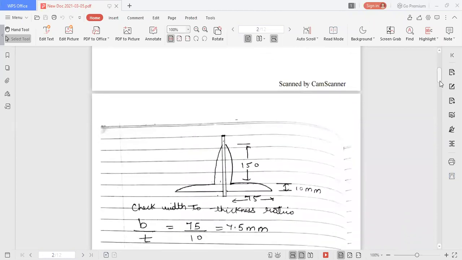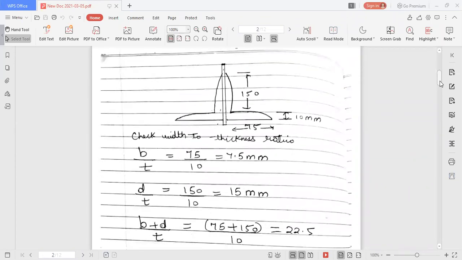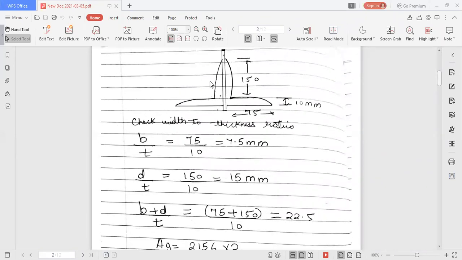Now we'll start with the first case. When angles are placed on the opposite side of the gusset plate, as you can see over here, ये जो बीच में है that is nothing but the gusset plate. और ये दोनों जो एंगल है that are placed on the opposite side, तो ये दोनों एंगल्स आप देख सकते हो ये opposite side में placed है on the gusset plate.